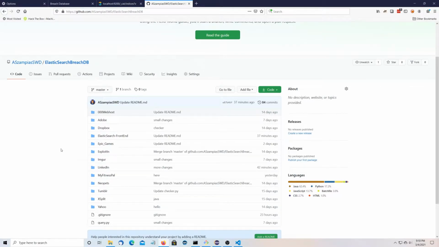Hey everyone, today I'm going to show you how to use my project for ElasticSearch, the front end portion. So you're first going to go to this GitHub link right here and you're going to clone it. So copy this